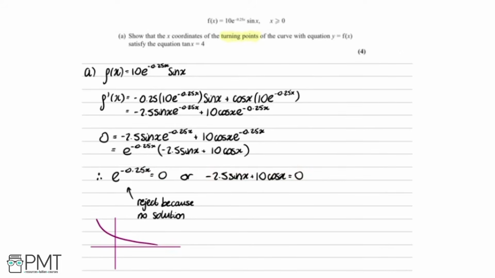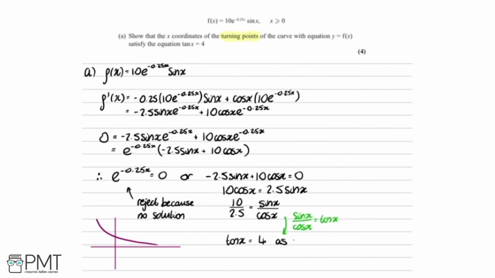So first I'm just going to add the minus 2.5 sine x onto the other side. So you get that 10 cos x equals 2.5 sine x. And then what I'm going to do is divide both sides by 2.5 and divide both sides by cos x, which means we'll get that 10 over 2.5 equals sine x over cos x. And then since sine x over cos x equals tan x, we can write this. I'm going to write them actually flip the other way around. So we're going to say tan x equals, and then if you put this into the calculator, you get a 4